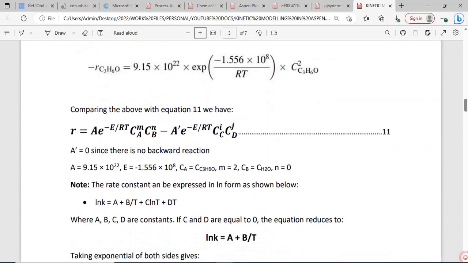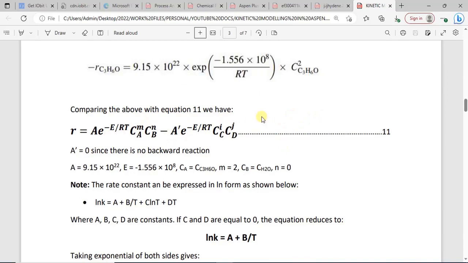So you have CB as CH2O, and then we have CB, then we have N, which is the exponent. N will be 0, right? N is automatically 0 because the concentration of H2O is absent, as you can see. So the concentration of H2O is absent, so automatically the H2O exponent N will be 0. So N will be 0 for this particular one. So you see, this is how you can interpret some of the kinetic data that you find in